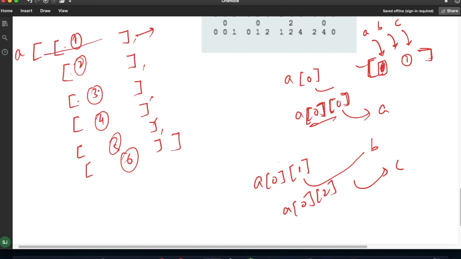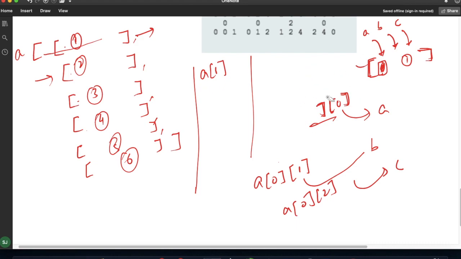So I'm done with A, B, and C values. Now I have to get the D value. For this I need to go to the second list. So for that, if I write A of 1, we are now done with this ABC value. Let me erase this one.